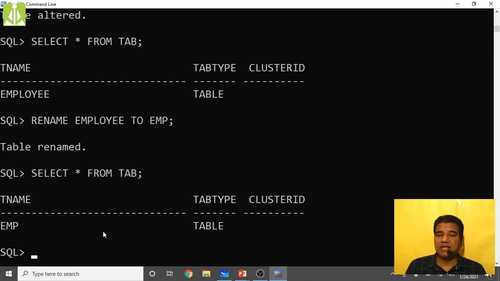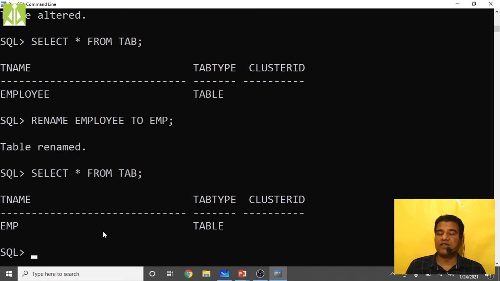This is the conclusion of today's class, we can say. So we have discussed, first we started with what command? The delete command. We have seen how we can delete rows from a table. Single row, multiple rows, simply by using the where clause we can delete. If you don't put the where clause, it will delete the complete table entries, all the rows we can say. It will not delete the structure.